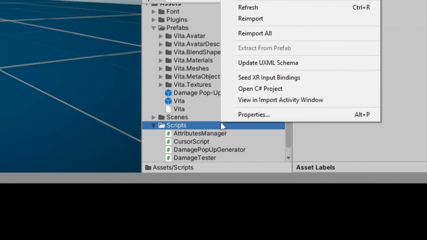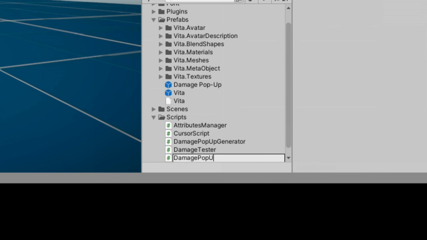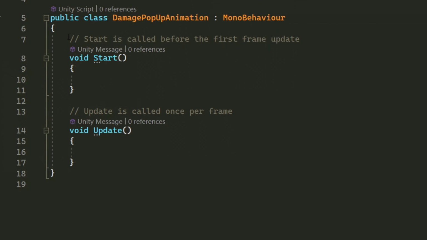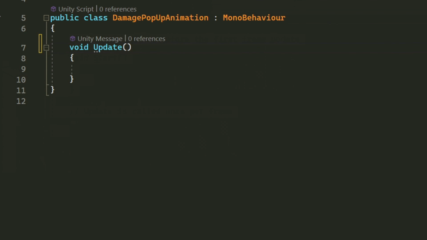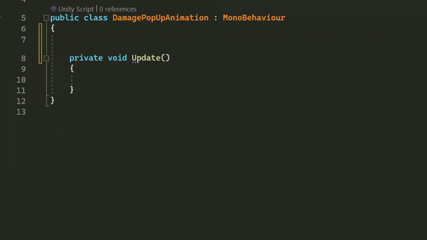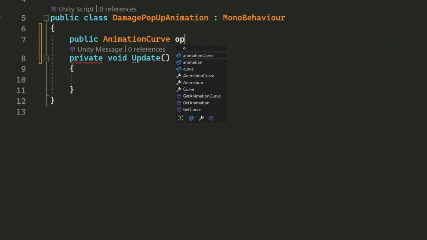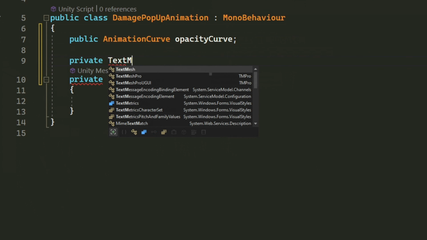Let's create another new script called Damage Pop-Up Animation and open it in Visual Studio. Instead of using a mathematical formula to set its animation, we're going to use animation curves. I'll explain why later in the video. Let's start with adding an opacity curve so our damage pop-up will appear, fade in, and fade out. Then we'll create a reference to the